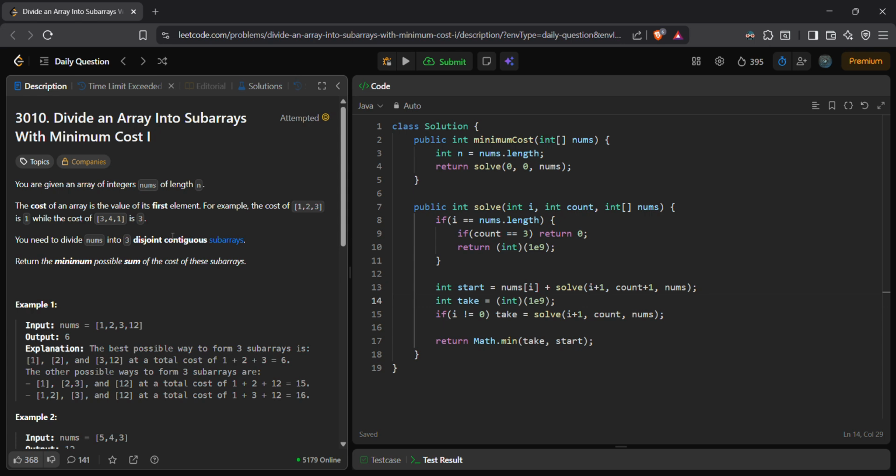And now we have to divide such that it has a minimum cost. The total cost of dividing into these three subarrays should be the minimum. And now what is cost? Cost is the first element of each subarray. So if I divide this array into three parts, like the first subarray is 1, 2,